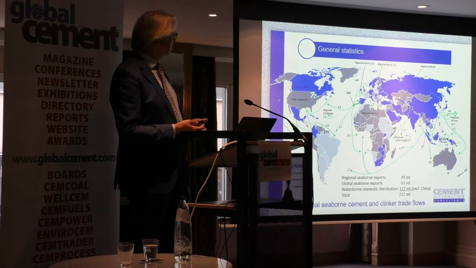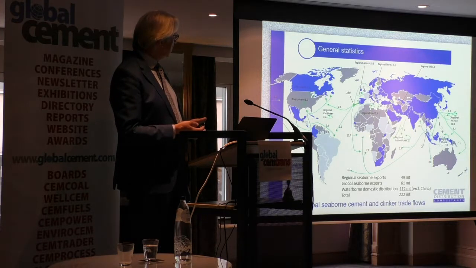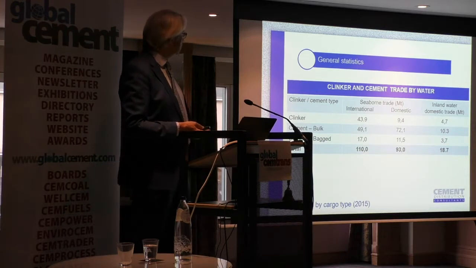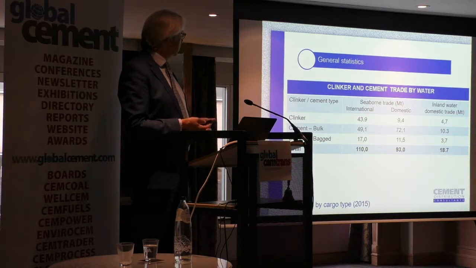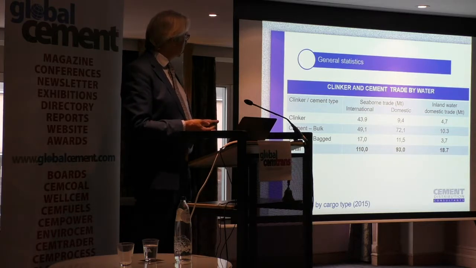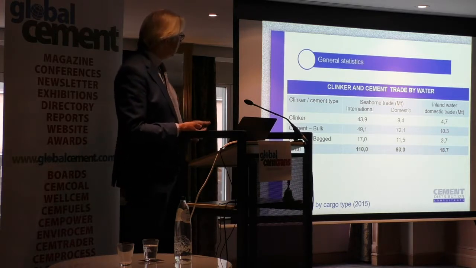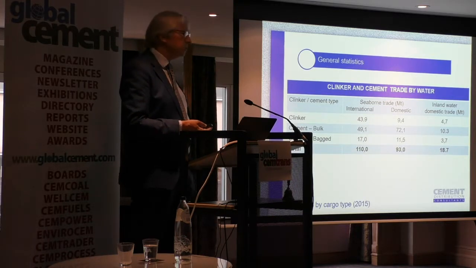Mediterranean is another large base, which in Europe as a whole is becoming more important now in exports, mostly thanks to the growing markets in West Africa and the United States. If you look at the 2016 volume, you see that a lot of it is clinker, bulk cement, and to a minor aspect it's the bagged cement. So international shipments 110 million tons, and domestically 93, and then there's only inland waterways,